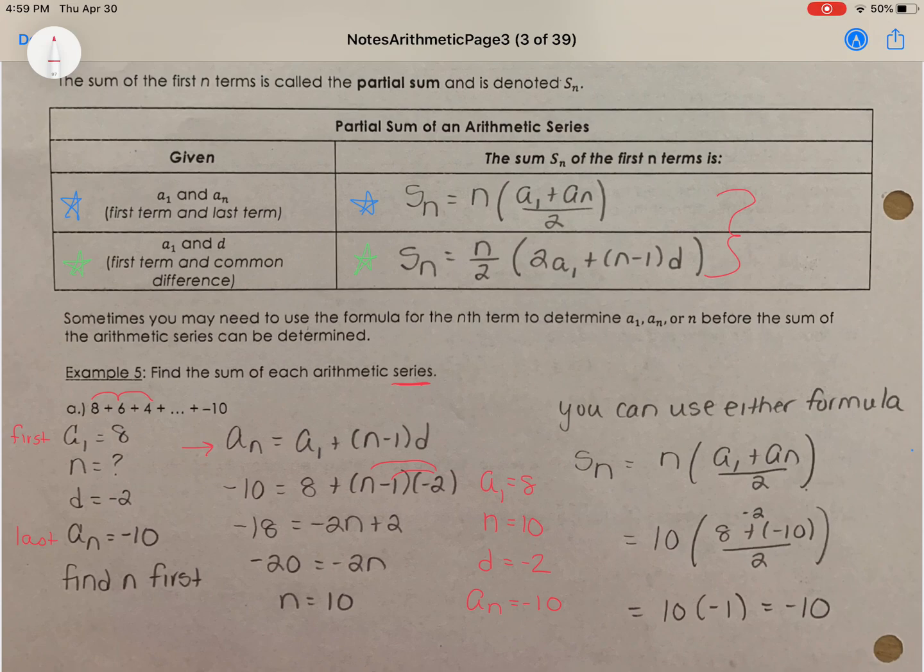I always prefer to use the first formula because I think it goes a little bit quicker, but if you use the second formula, you should end up with the same result. So we get Sn equals n times A1 plus An over 2. We're going to sub everything in, and when you solve, you should find out that the sum of all of these numbers, all however